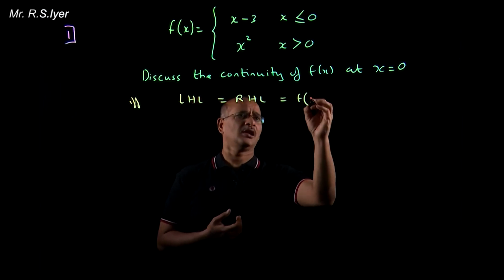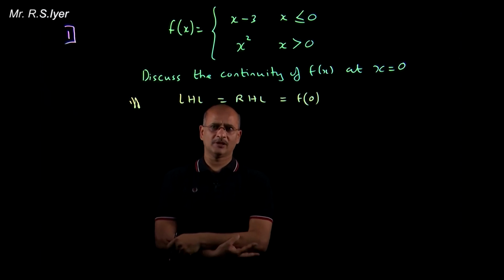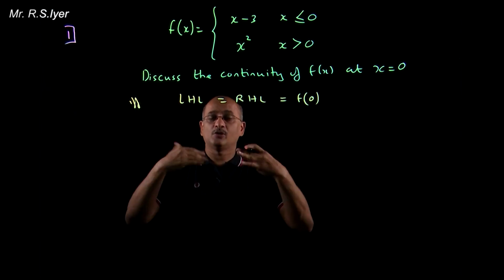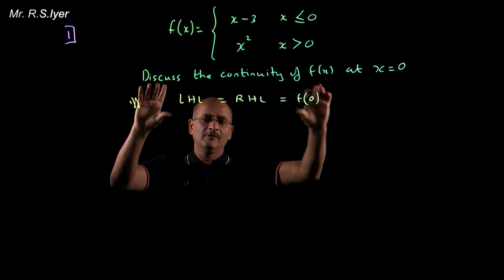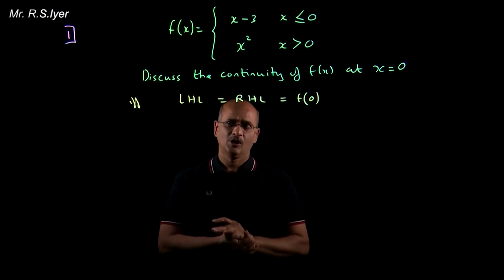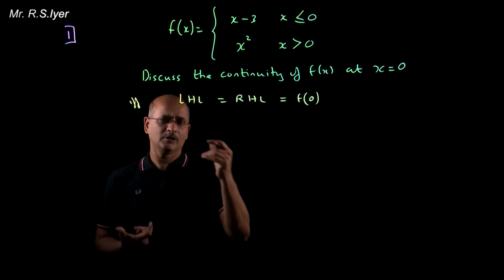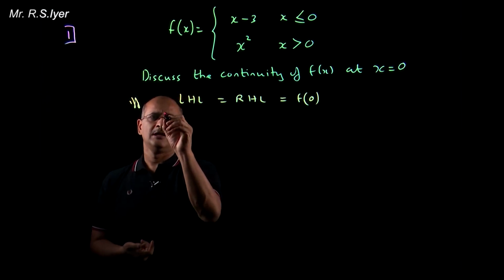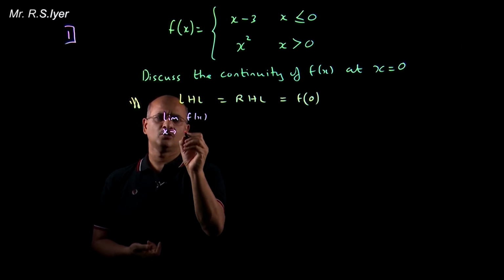Now in this case, a is what? 0, because at x equals a you need to understand it. So if all three values are equal, algebraically, then I say that the function is continuous at x equals a. So let us write the sum clearly. I can write this way: limit of f(x) as x tends to the left hand limit,